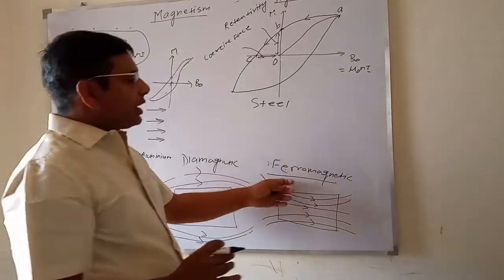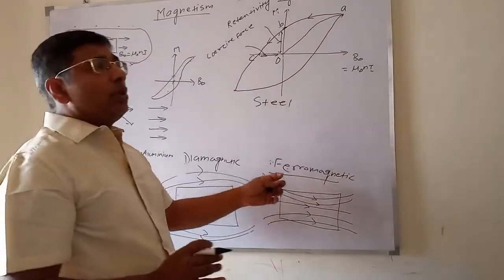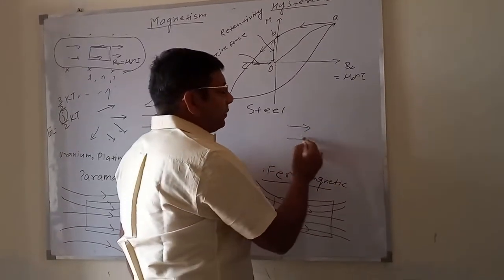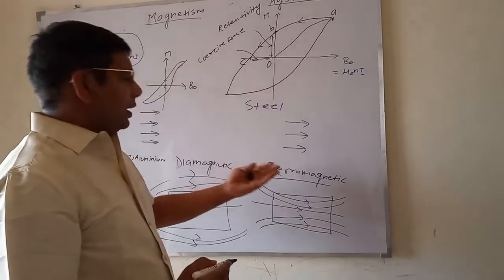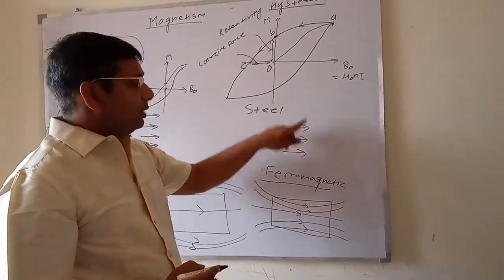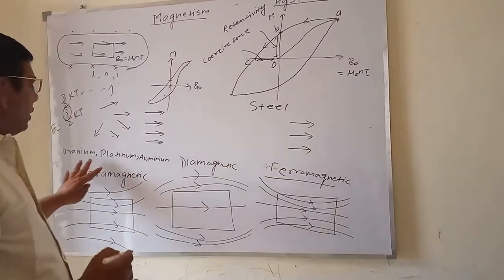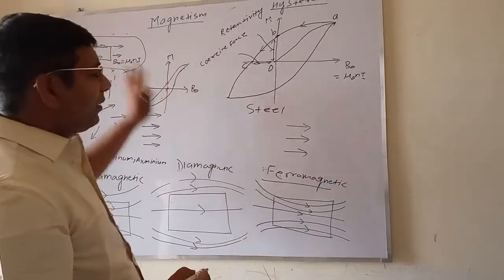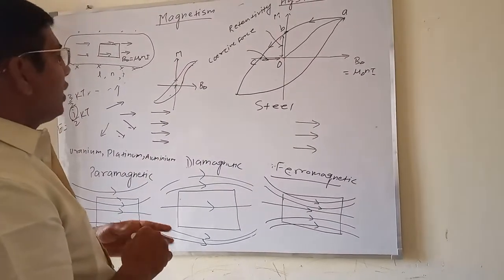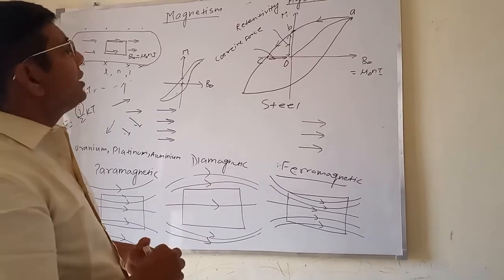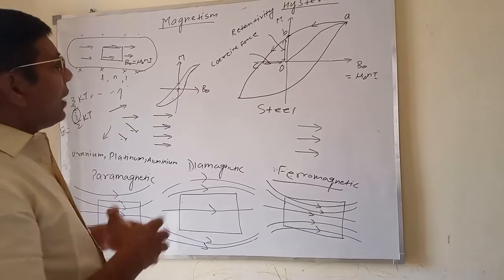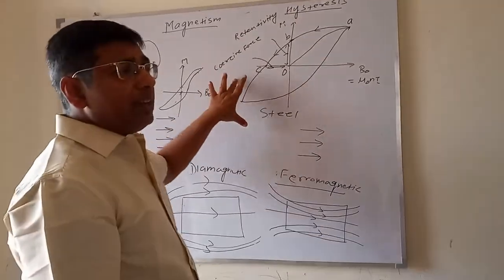In the case of ferromagnetic material, the effect is very strong, we know. So what happens here, all the magnetic moments are aligned, and even if we remove the magnetic field, they remain aligned, in the minimum energy level. So this is the reason that different media behave differently, and it is a very interesting phenomenon. If we go deeper and deeper, we will find some interesting things and some more answers, and accordingly we can apply them according to requirement.